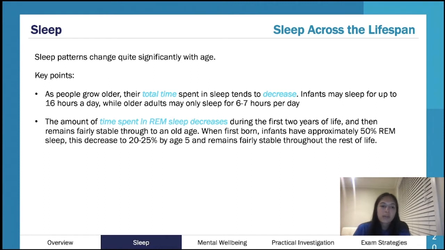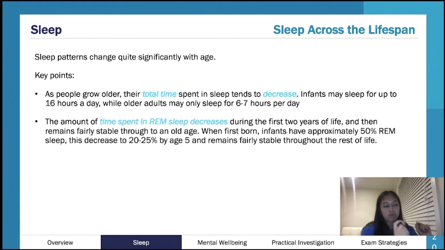Okay, so the amount of time spent in REM also decreases. So I want you to really separate the key points in the graph we looked at before and sleep across the lifespan, because otherwise you're going to get confused, because the other one is like REM increases, now it decreases. So you have to remember that looking at one night, not the lifespan, looking at, let's say, a young adult in their sleep episode over one night, your period of REM increases, right?